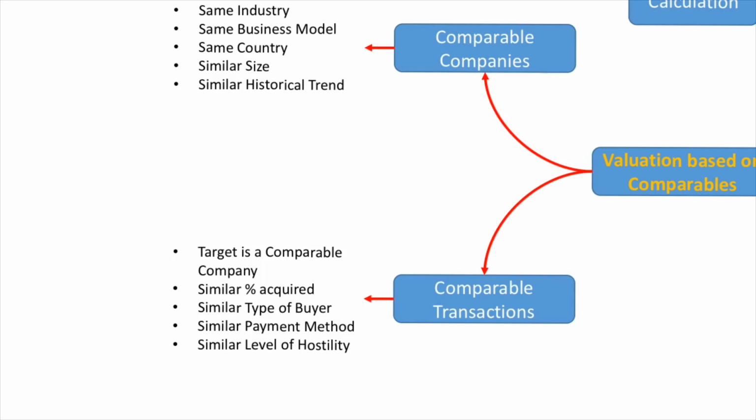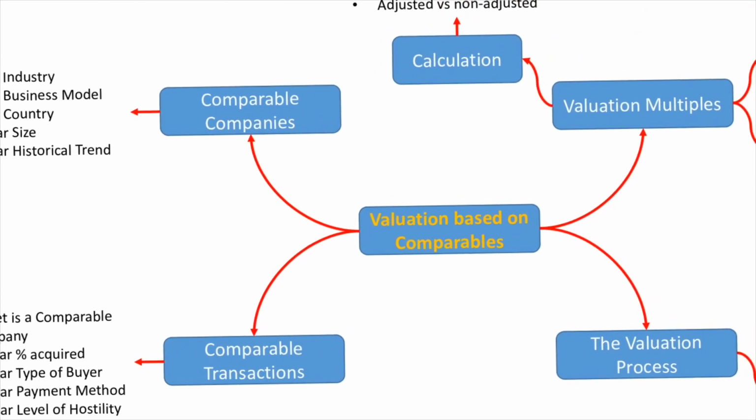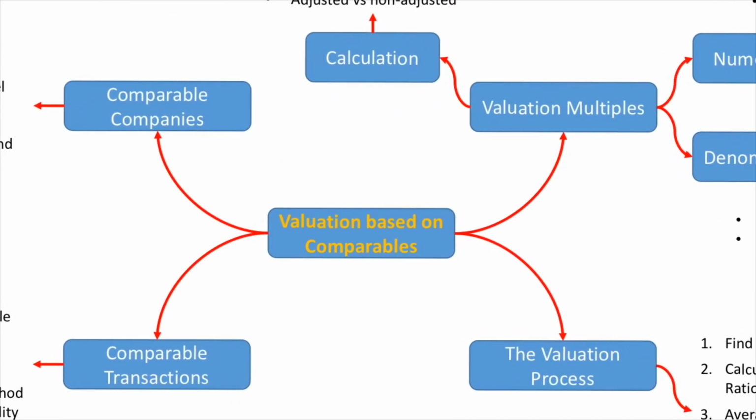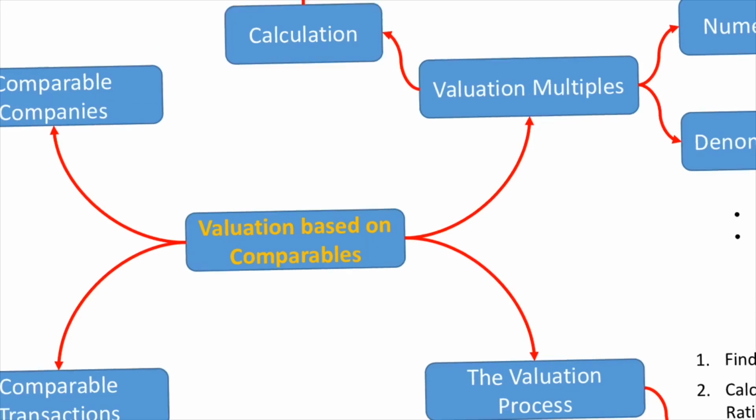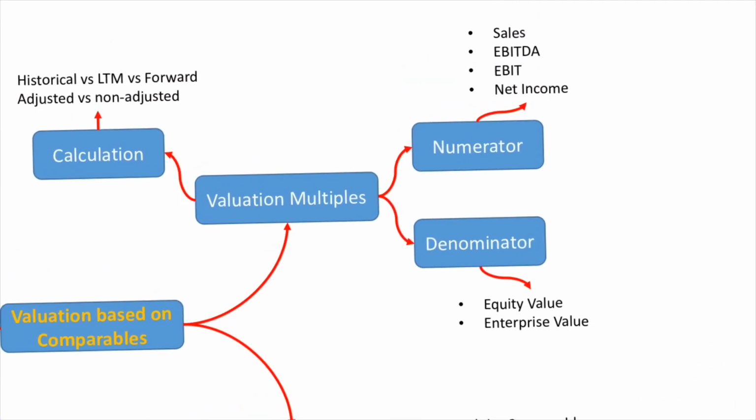Once we have the list of the comparables, for example, for your assignment, you will have to find 10 comparable companies. When you have a list of your comparables, then you need to measure the valuation multiples for the comparables. Okay? And the idea is that you don't really care about how many $1 million a comparable is worth, because a comparable could be a bigger company or a smaller company. So the number is worth $10 million doesn't tell me anything. What I really want is a so-called valuation multiple